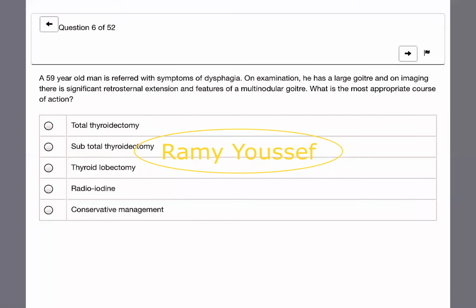Okay, this is a retrosternal extension, multinodular goiter. So there is no conservative management. There is no radioiodine. There is no lobectomy because it is retrosternal, so lobectomy will have no benefit. And this is a generalized mass. It is not a focal mass in one lobe. Subtotal thyroidectomy is not a practice nowadays. It's not a practice nowadays